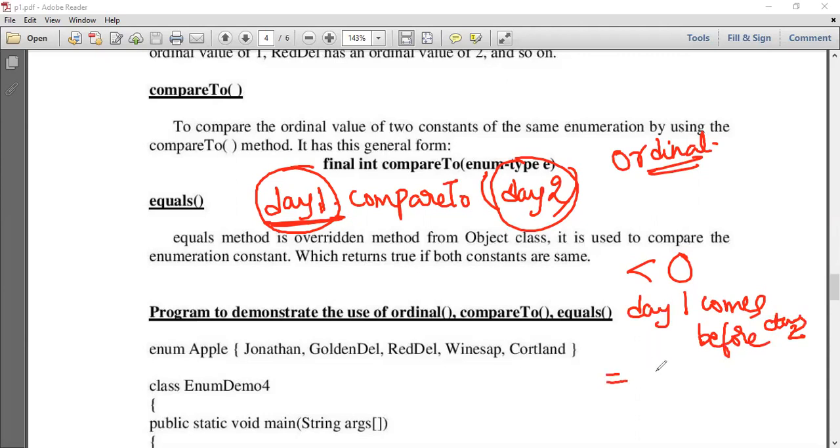If it is equal to 0, they are equal, and greater than 0 means day1 comes after day2. Here day1 is important because it is on day1 that we are invoking the compareTo method.